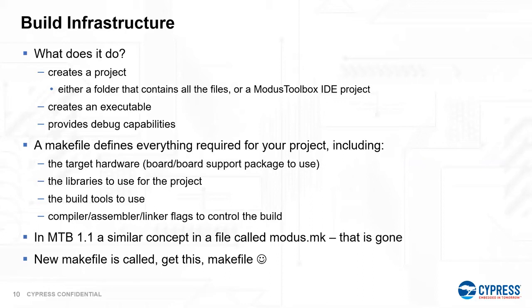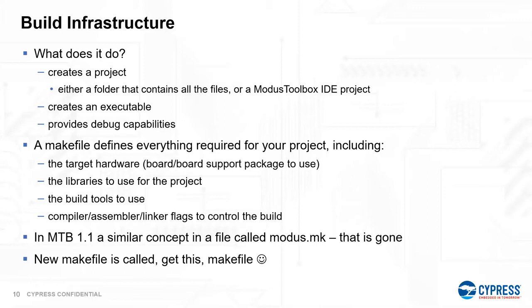And at the heart of the build infrastructure is the makefile, right? It is basically a file which has different variables that perform a specific function. So let's say that you want to specify the hardware, then there is a variable for that which you can set, and this basically helps you to control the build and also specify how the build should look like. So if you want to add some compiler flags or assembler flags, then you would just specify the values for those variables in the makefile, and then you would just click build, and the makefile takes care of everything, right?